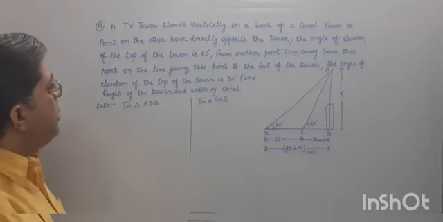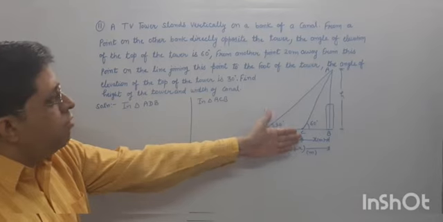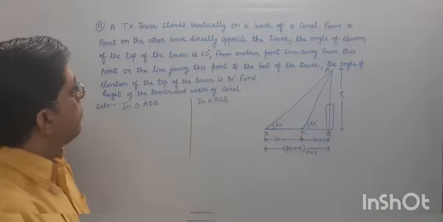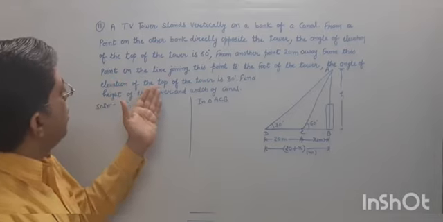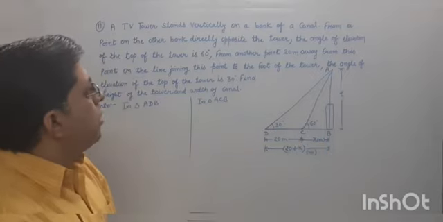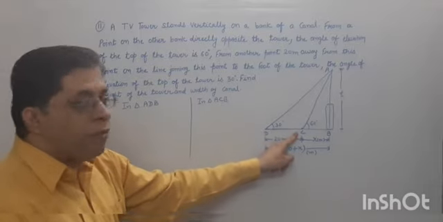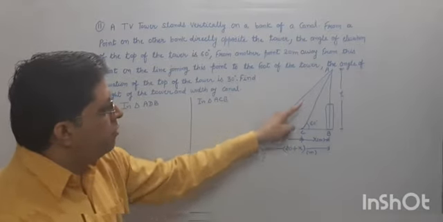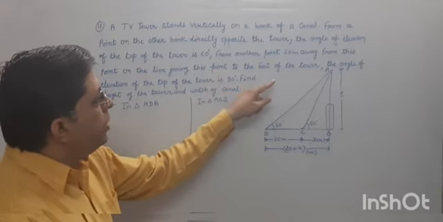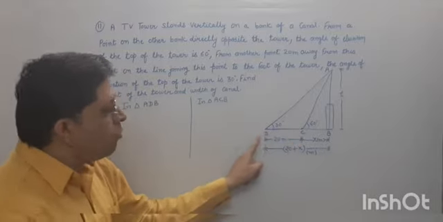A TV tower stands vertically on a bank of a canal. Okay, clearly AB is the TV tower. It is standing at the bank of the canal. From a point on the other bank directly opposite to the tower, the angle of elevation of the top of the tower is 60 degree. From the other side, this angle of elevation is given to you as 60 degree. From another point 20 meter away from this point, the point is D, which is 20 meter away from point C,